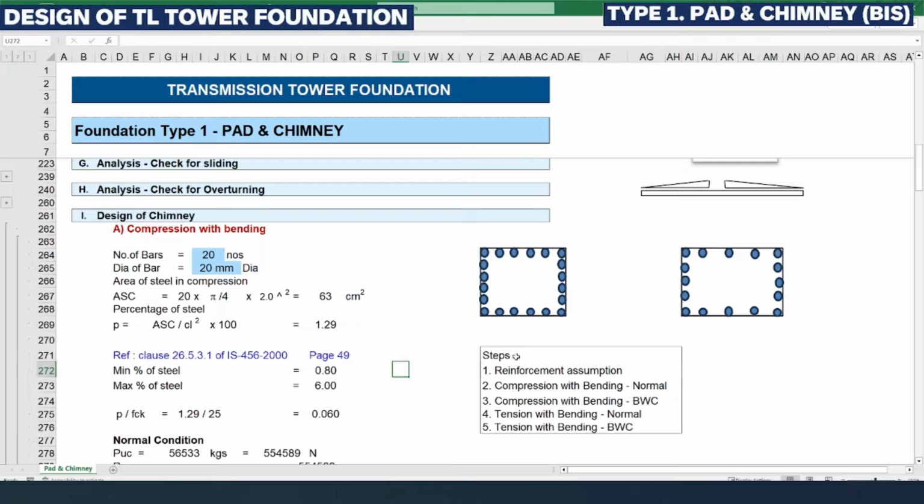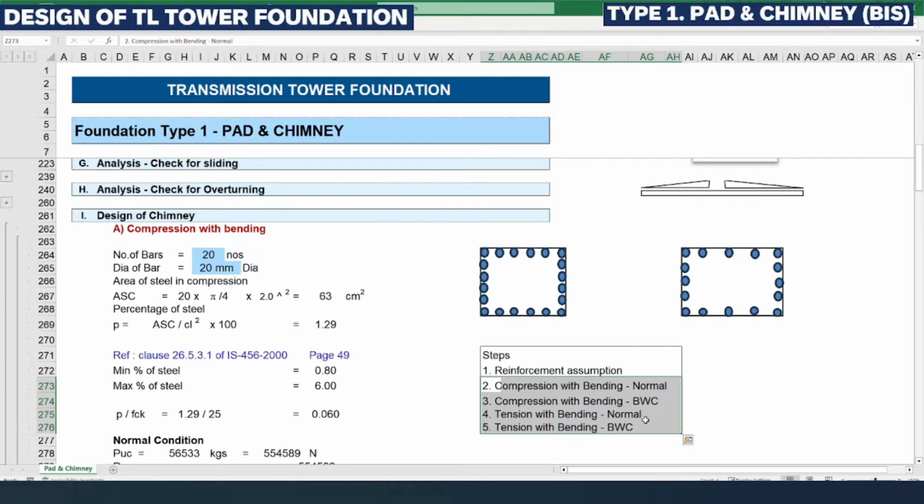Design of chimney involves majorly the 5 steps shown on the right hand side. First one is reinforcement assumptions. In that we need to assume the reinforcement, for example the number of bars and diameter of the bar. The assumption we have considered is similar to this pattern, having 6 reinforcement bars on every side. The second step is compression with bending in a normal condition,